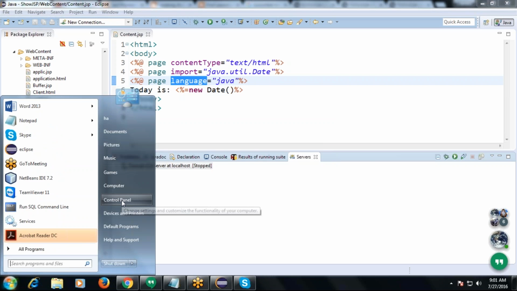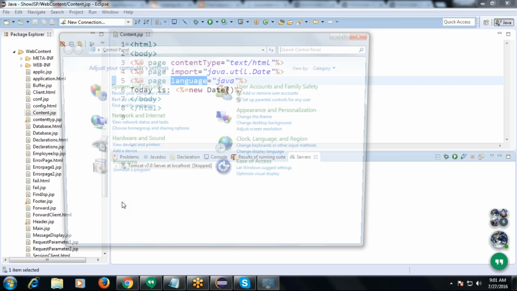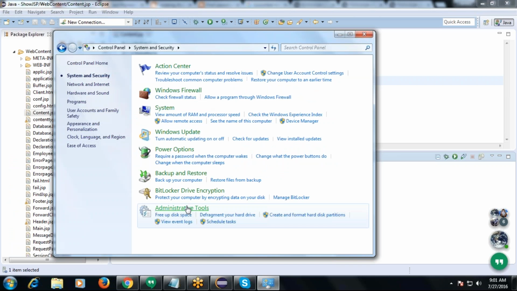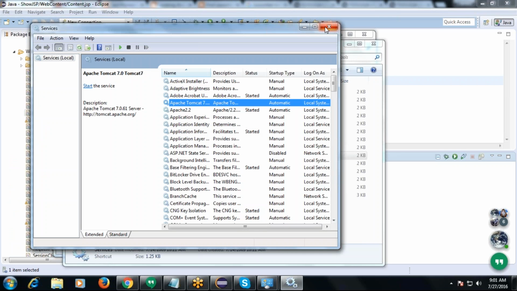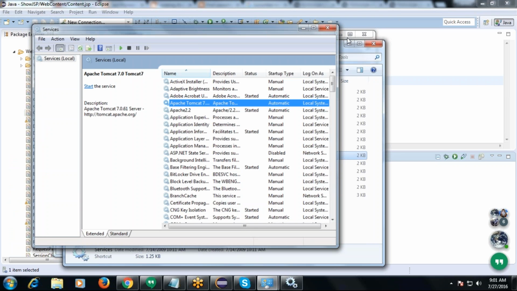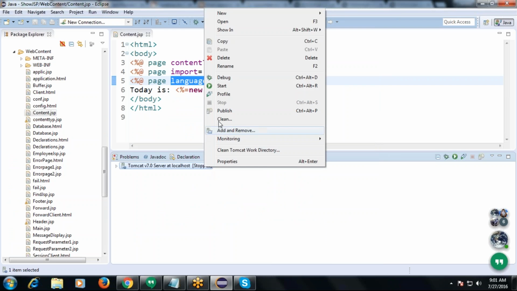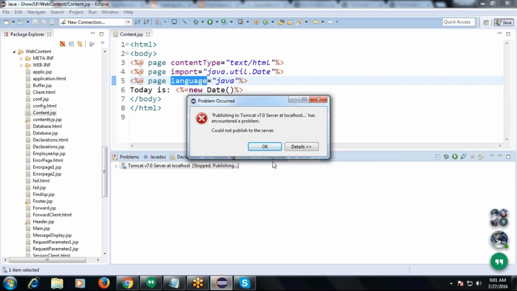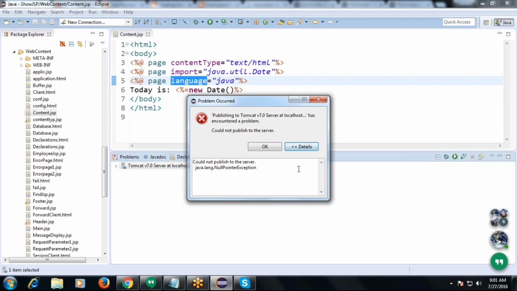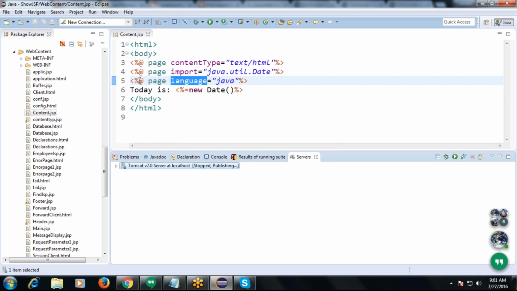Let me check, some issue is there. Let me restart Eclipse so that it solves the problem.